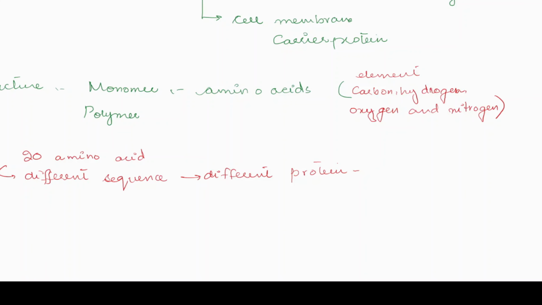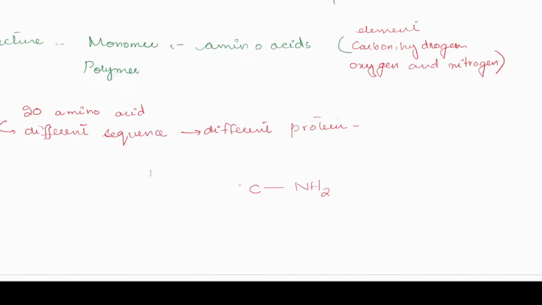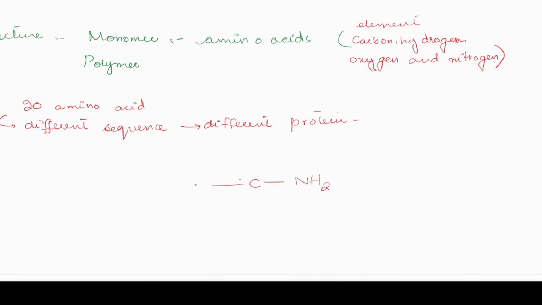I don't think you need to learn the names of every amino acid, but you should know the general structure, because this is important. It is used in other processes as well. It has carbon in the center. Since this is an amino acid, it has an amine group, which is the NH2 group, on one side. It is an acid because it has an acidic group on the other side, which is COOH. This is carboxylic acid. It has hydrogen on one side, and it has an R group. This R group is basically a part of organic chemistry, an alkyl group, and different parts are there.